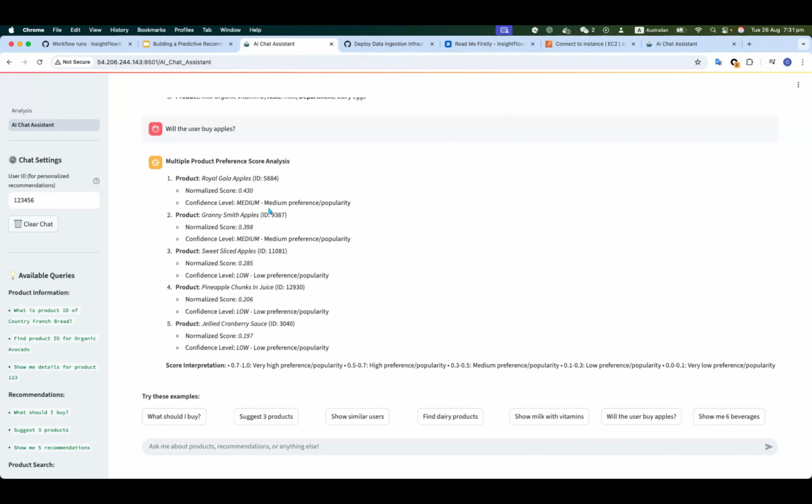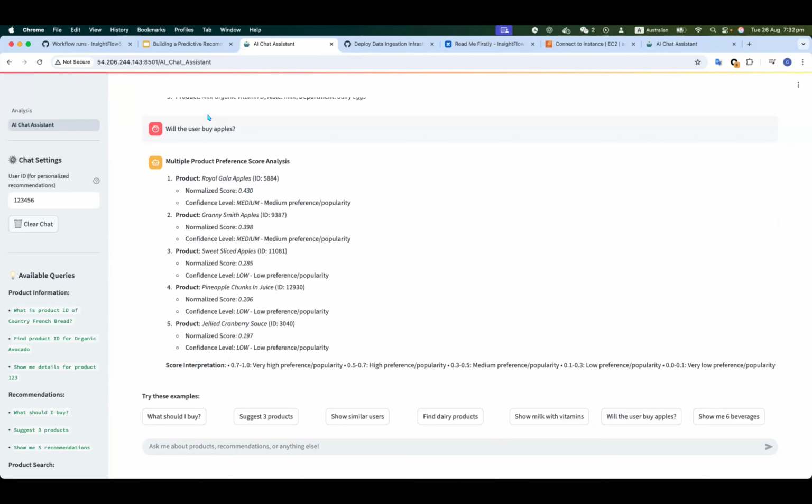What the agent does is first search for the apples, then use these apple products to do the batch inference, return the corresponding score or likelihood, sort the products by the score, and then return the top 5 recommended products. That's it.